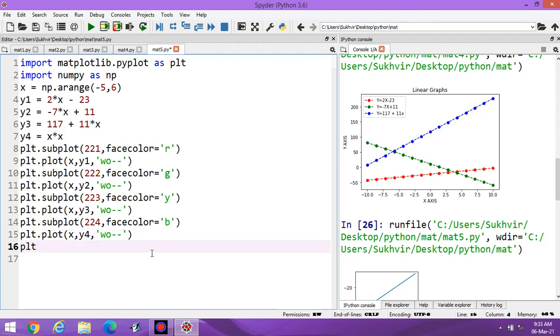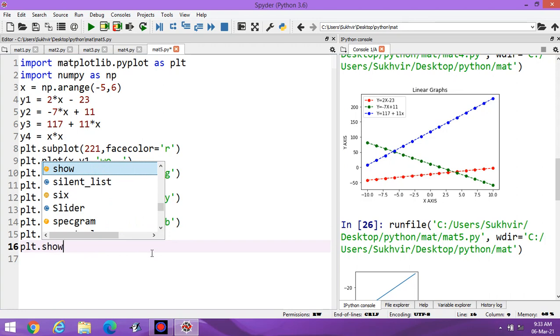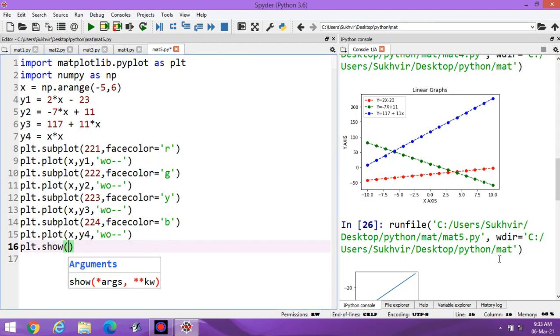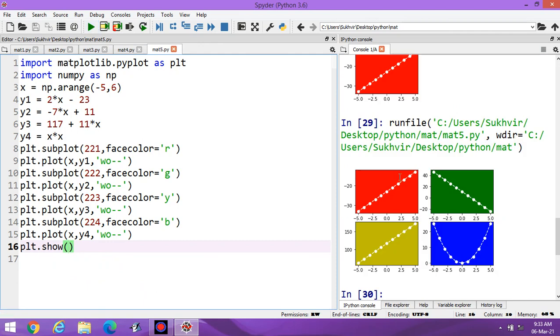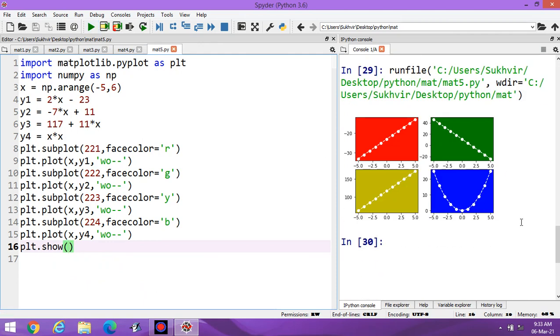After that, plt.show. Let's execute the program. A single graph was there before, but in this case 4 graphs are there at different locations. Look at this one. You can simultaneously design 4 graphs. This one is the first graph, and the second graph, this one is the third graph.